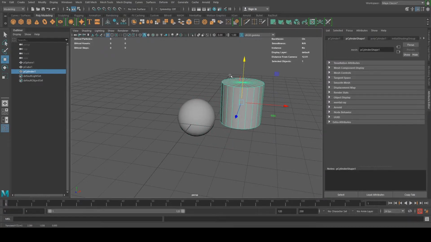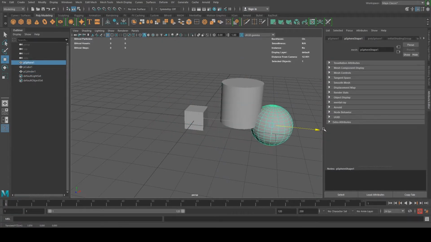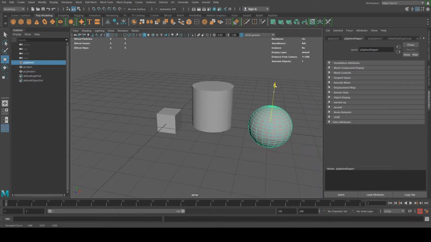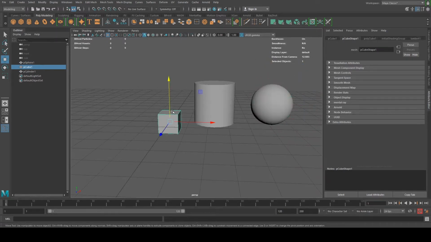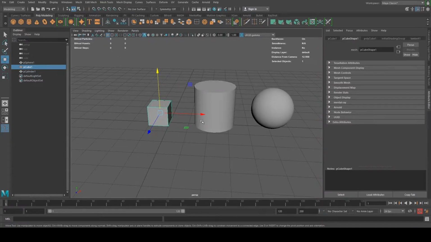I'm not going to go over how to model because I'm assuming you already have something you've modeled and you just want to light it up. So I'm not gonna go over how to model or anything, and this is not even a modeling tutorial because these are just primitive shapes. All right,